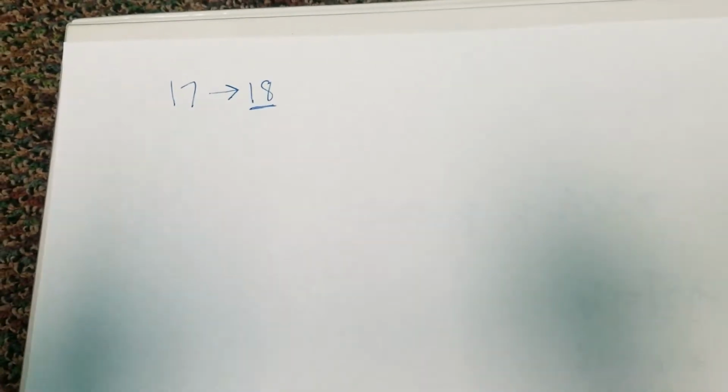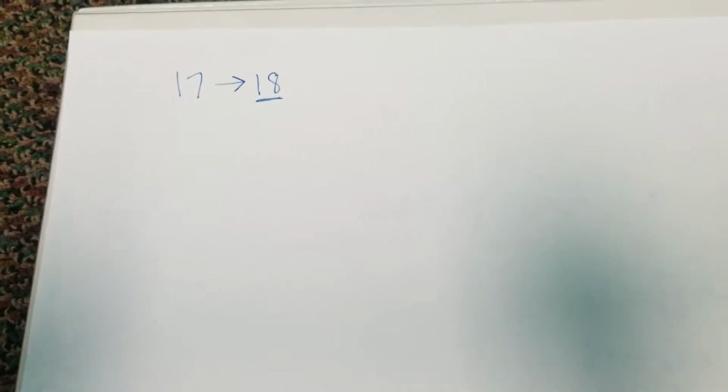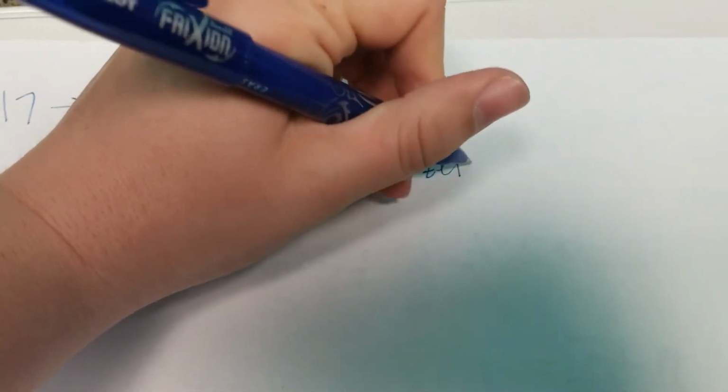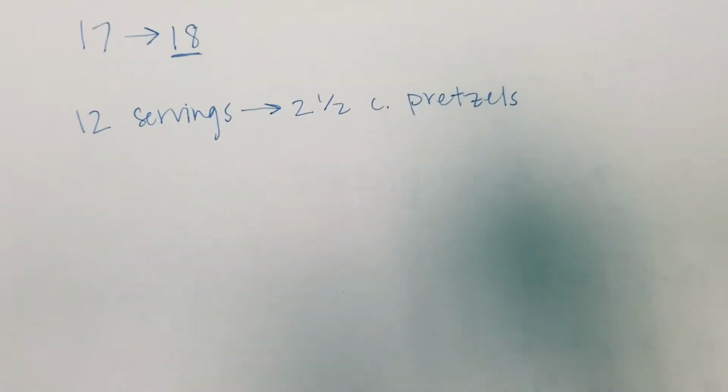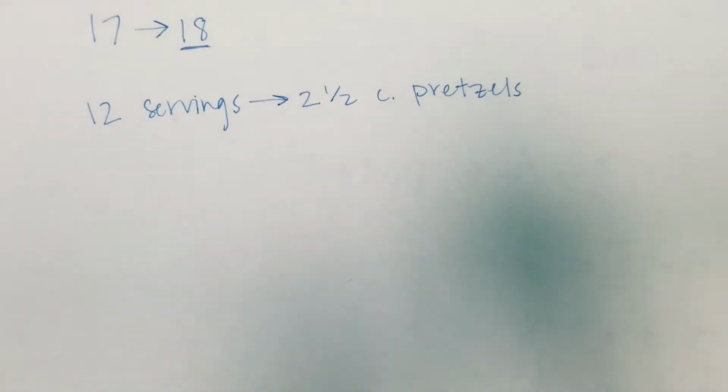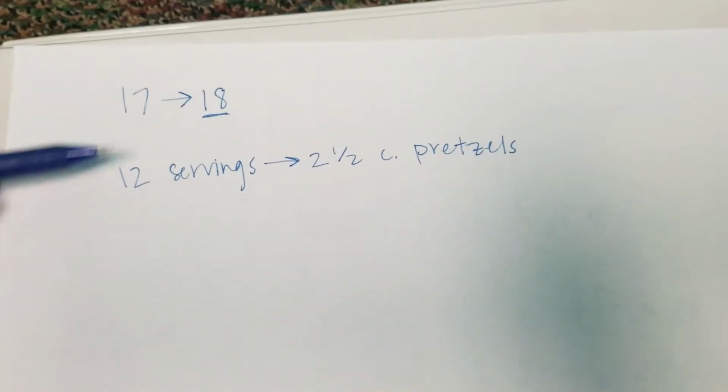So what we need to do is figure out how many servings this recipe calls for. This recipe says that it makes 12 servings. And it says that with that 12 servings, we need 2.5 cups of pretzels. So, we know that we need 2.5 cups of pretzels for 12 servings, but we need to get to 18